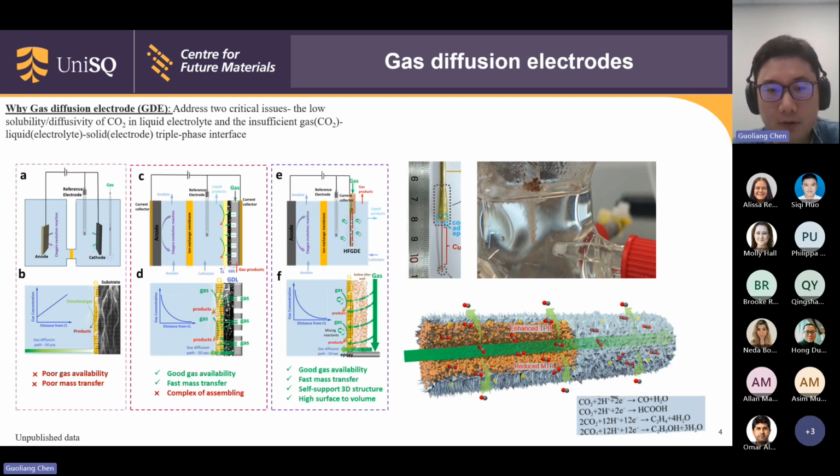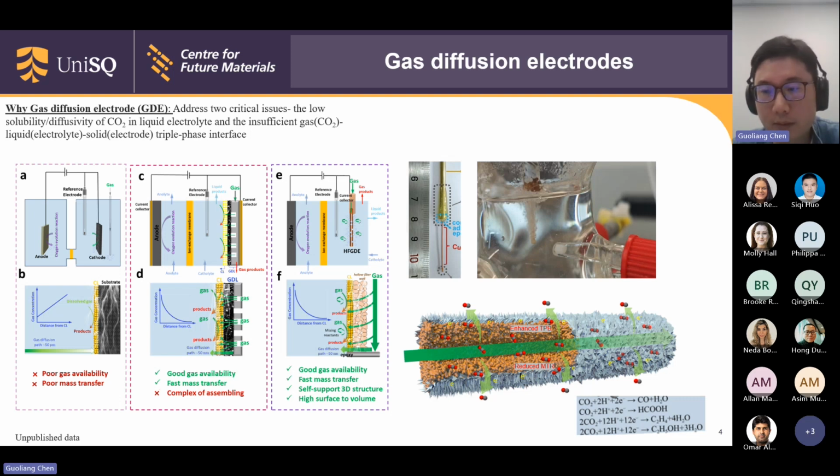Here we can see we only need to seal the inner part of the hollow fiber. We can take the inner side, the lumen side of the hollow fiber, as a gas chamber. I can show you a video here. The gas from the inner part penetrates through the walls of the hollow fiber and reaches the catalyst